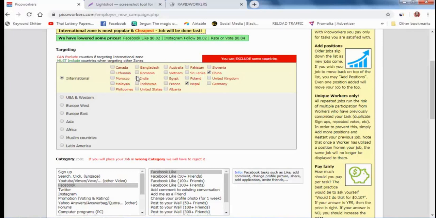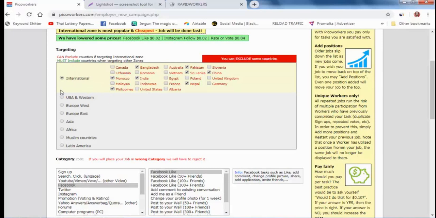Check here. I don't need clicks from India, Morocco, Philippines, Bangladesh, Sri Lanka, or Pakistan. These all countries give me a low CPC, very low CPC. So I have selected here. These people are not coming to my campaign because I have not allowed them. I have excluded these countries for my work. So other countries, which you have not selected, those people go to your website and click. This is the first targeting.